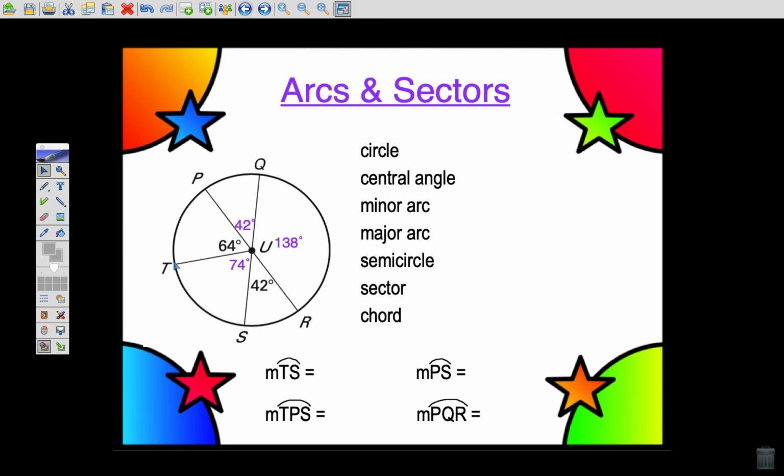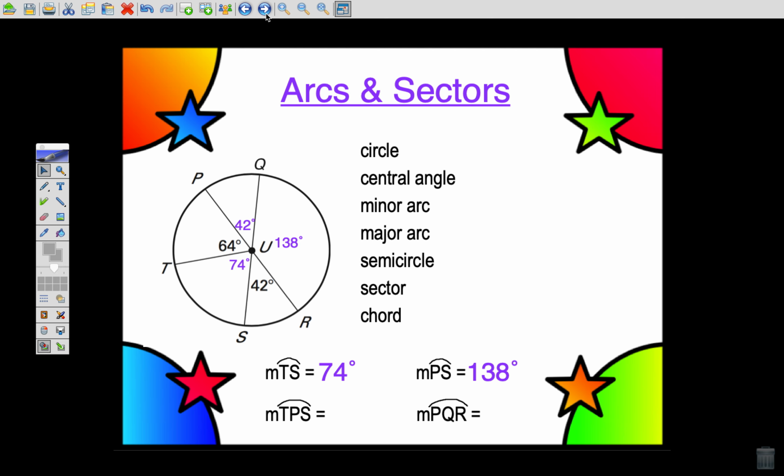So when an arc is named with 2 letters, like arc TS, you always take the shortest path between them. Another way of thinking about that, arcs named with 2 letters are always minor arcs. So the measure of arc TS, which is right here, is just the same as the central angle that creates it, 74. Second one, arc PS, again with 2 letters, you always take the shortest path. So you simply add these 2 up,